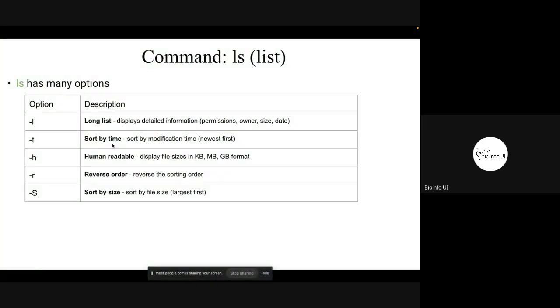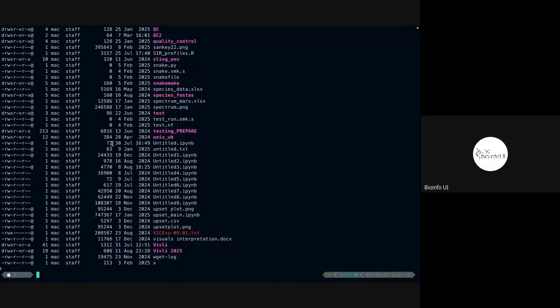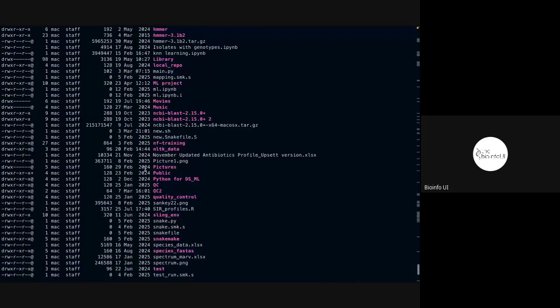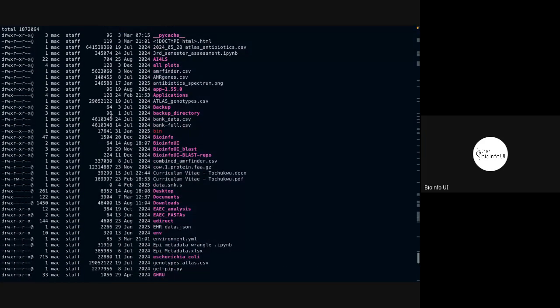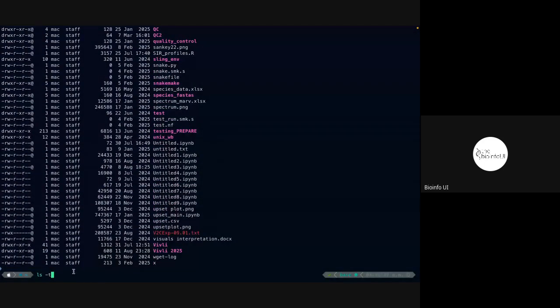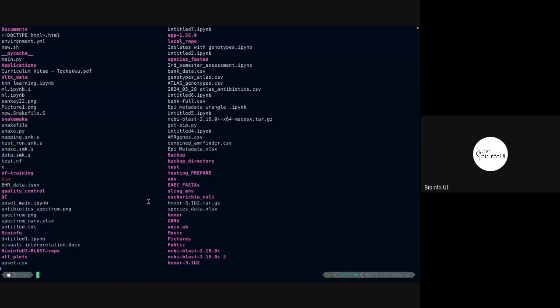We can also decide to sort what we have in that particular folder or directory based on the time that they were added, starting from the newest file first down to the oldest. All we need to do is type ls -t. Unlike what we've seen so far, based on the time added, it's sort of shuffled over here, but if I press enter here, I would get to see a more